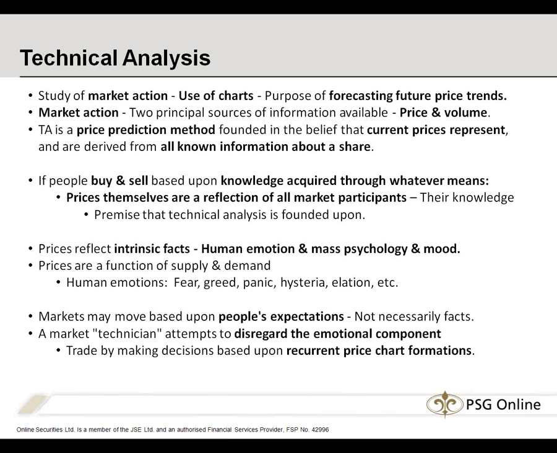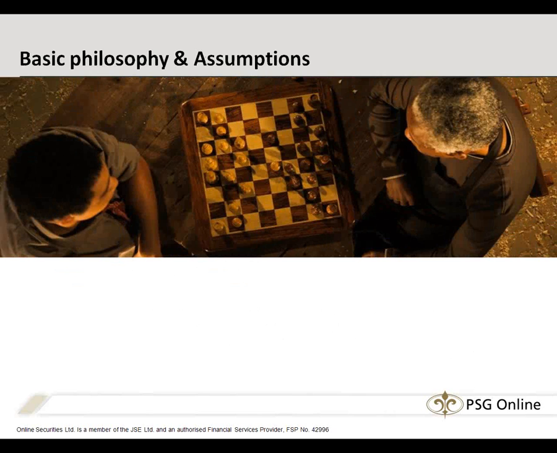Okay. We spoke just now about market sentiment. You can also say it's people's expectations. The market moves on people's expectations of future events, but also future earnings, not necessarily facts. So you as a market technician would disregard those emotional components and just look at the price charts to help make a decision. Well, that's the goal. You want to try and disregard the emotional components, but obviously emotions do come into it, and that's where discipline is so important when it comes to trading. But if you stick to the plan and look at the charts and make a decision based on those cold, hard facts, you'll be successful.